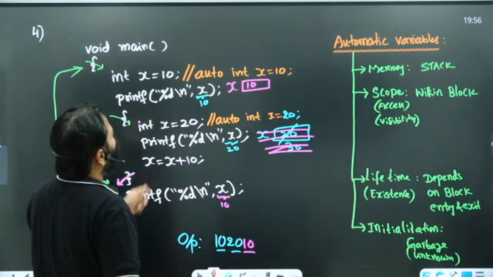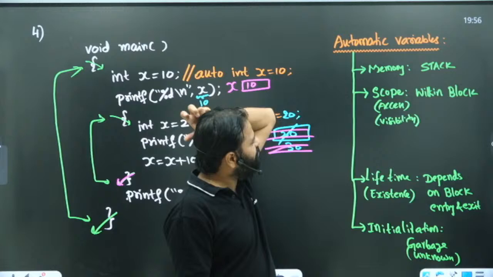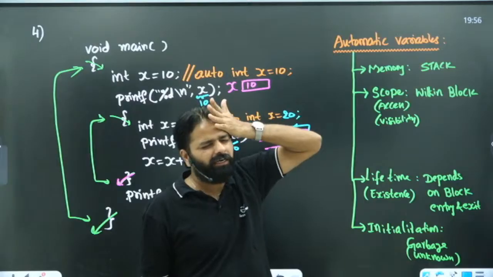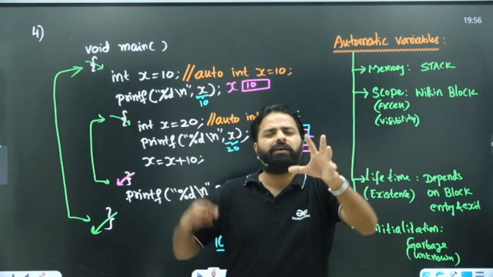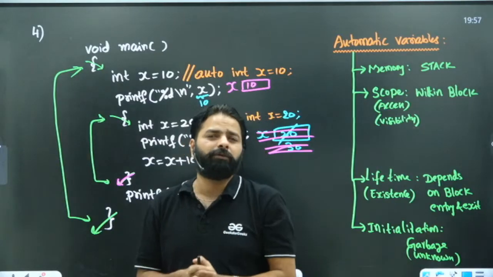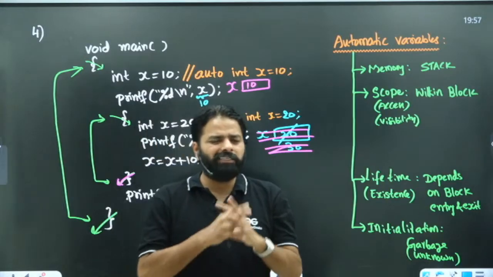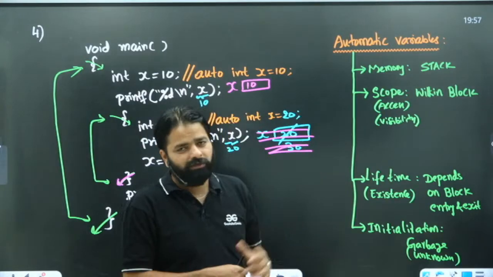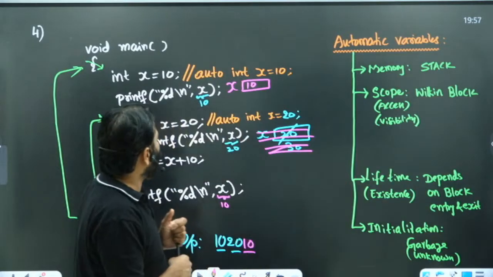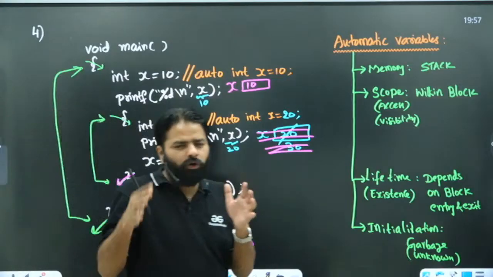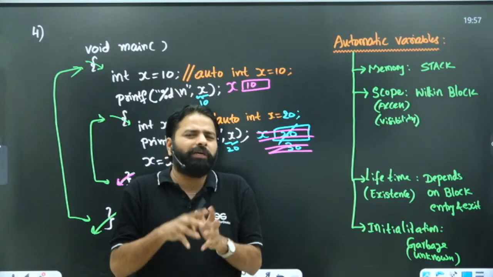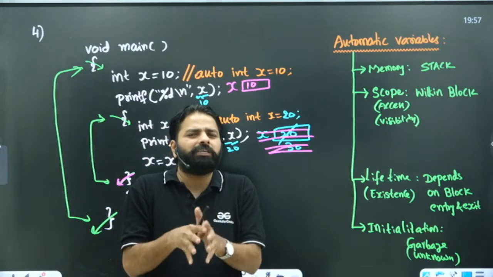So in place of auto, you may use register too. But the difference is the memory may be allotted in registers inside the processor, right? So if you keep a value in a register, the access time is very low for register variables, because it's near the processor. So accessing is much faster than memory. Memory access takes more time than register access time, right? So if you want to access frequently, like in a repeating loop, let's say you are accessing 100 times, then you can keep the i value in a register rather than looking at memory.